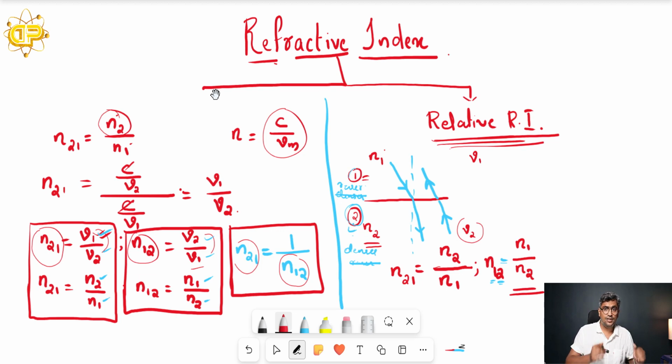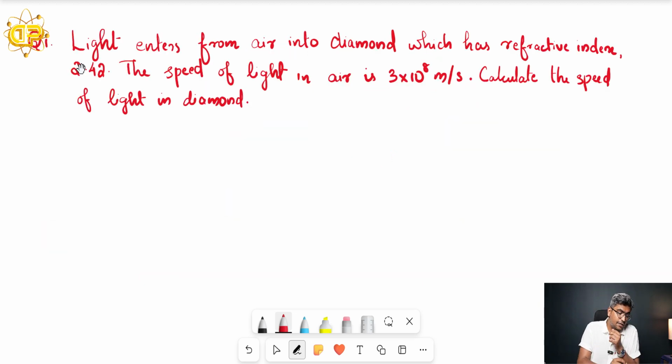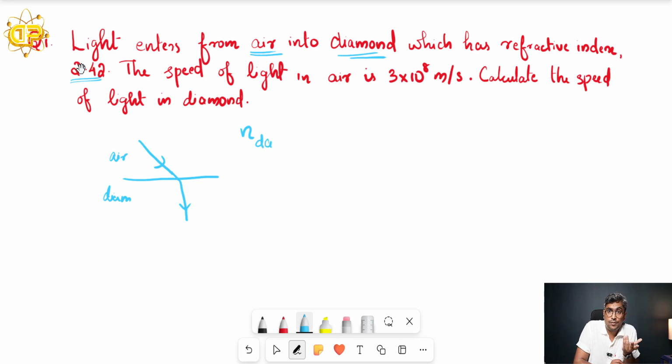Okay, so to the questions. The light enters from air into diamond, which has a refractive index of 2.42. That is, the light is entering from where to where? Air to diamond. And so obviously bending takes place there, and the refractive index of diamond with respect to air or vacuum, otherwise called what? It is simply the absolute refractive index,